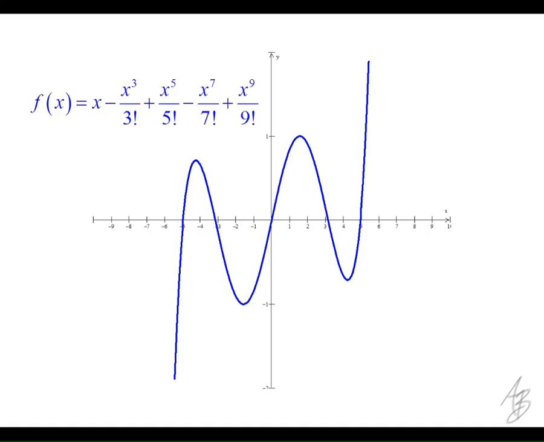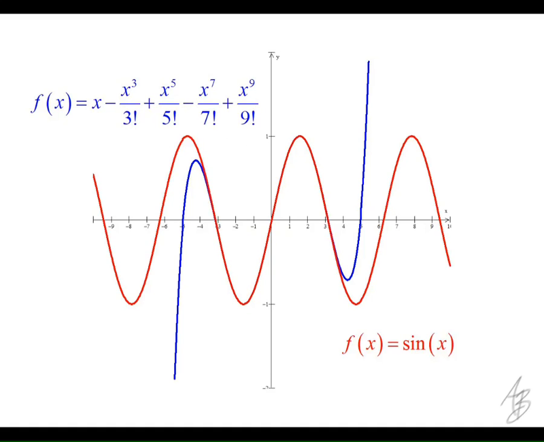So if I throw the sine curve on top of this, notice that for that first period, from negative pi to pi especially, they look exactly the same. And this doesn't have as much to do with differentiability, although it does. If a function is differentiable, then we can use a polynomial like this to approximate it. But it says more about how we can approximate something like a trig function with something that's a little bit easier to work with, because polynomials are easier to work with than trig